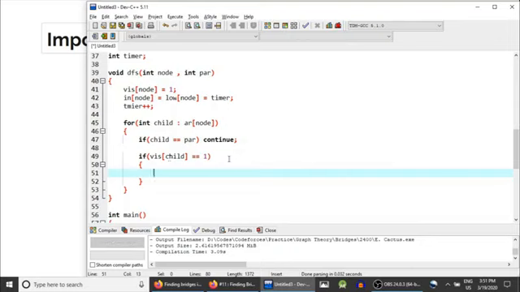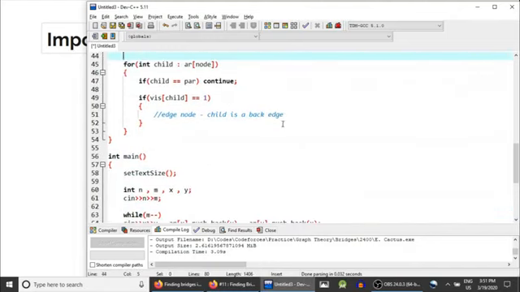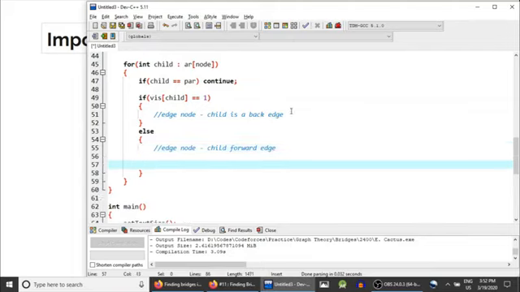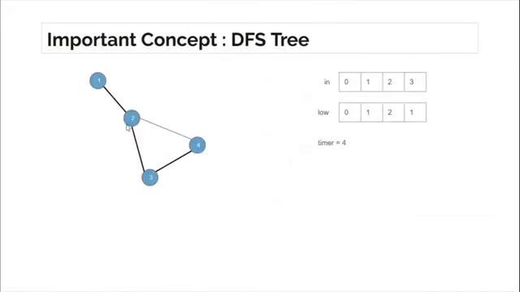So if it is visited, this edge from node to child is a back edge, right? Else, this edge from node to child is actually a forward edge, right? So now let's proceed for both of them. If this is a back edge, what we did,